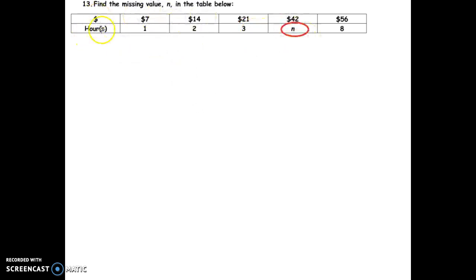We have dollars over hours, so we have $7, or 1 hour equals $7, or vice versa, right? For every $7, it's 1 hour. Over here, $14 is 2 hours, so we noticed that 1 times 7 got me here, 2 times 7 got me to 14, 3 times 7 got me to 21. So 4 times 7